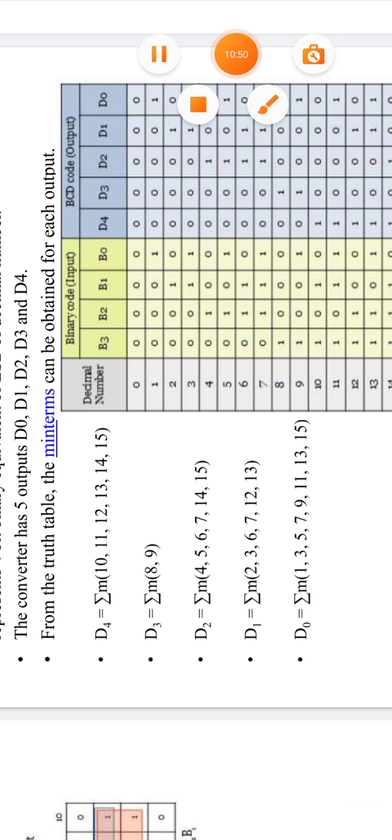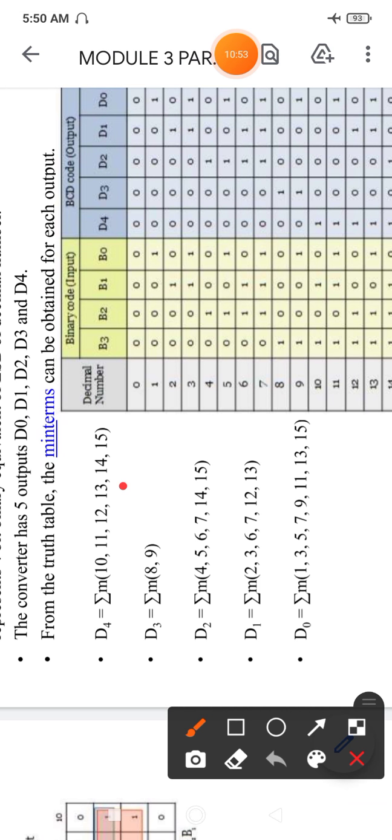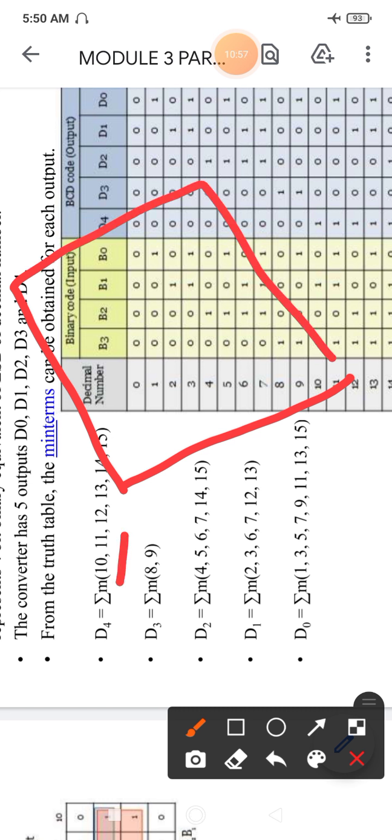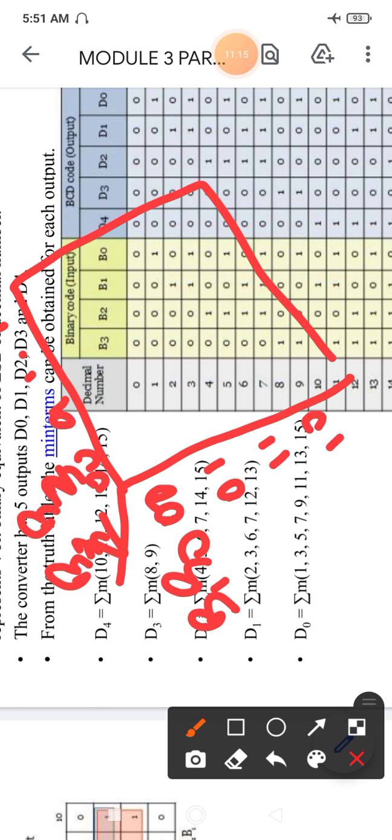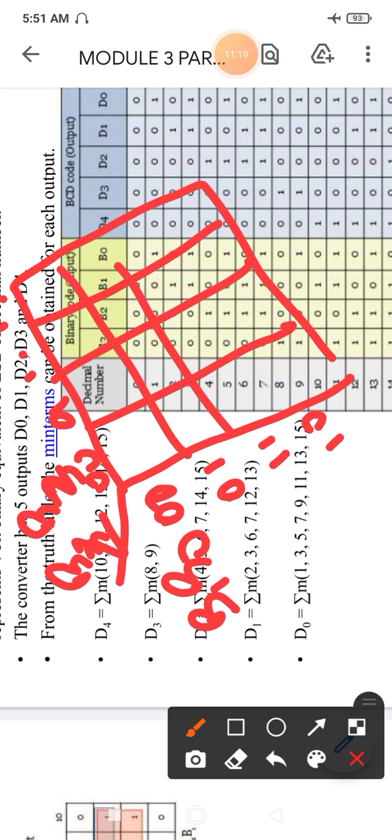So in the K map, what we do, we map it with B1, B0, B3, B2, with the combinations 0 0, 0 1, 1 1, 1 0. So like this we represent it in the K map.